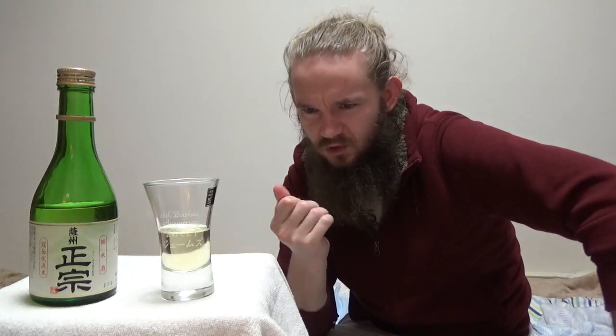There is a little bit of dryness behind the fruity part of the sake, but you do get some nice oiliness and juiciness out of this, and you also get the nice sweetness of the rice backing that up as well. So the acidity is quite well contained with this one in my mind. But I would definitely stick with what I said before about this one. It's a very sweet sake, it's very smooth, and it's got some really nice oily fruity characters to it as well. The tail end of this one then,